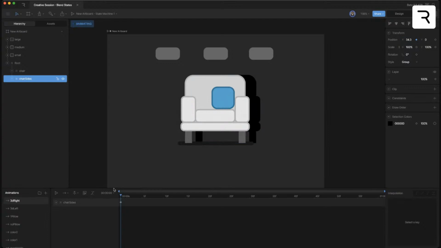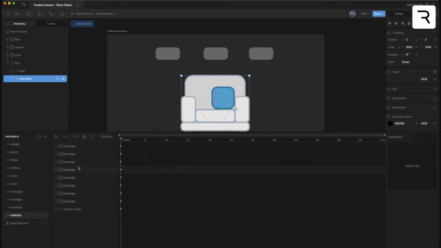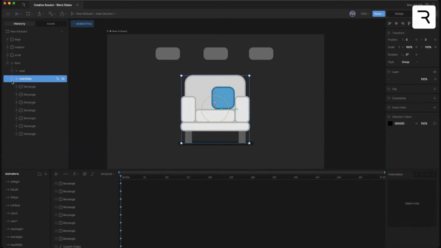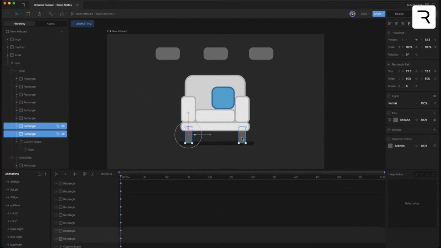So right now it just looks like a shadow. But we'll go into our min width. We're going to have to key, are all these already keyed though? No. For our chair sides, we're going to have to key all these. So here we'll key our,